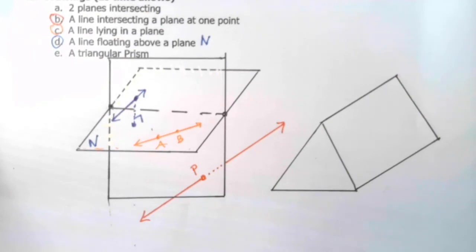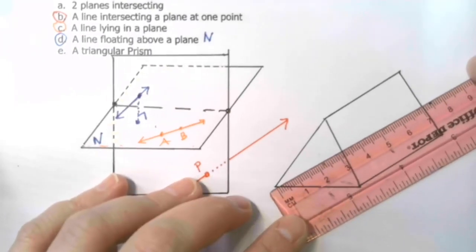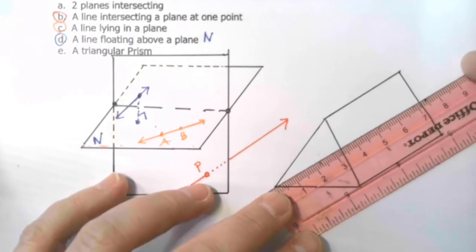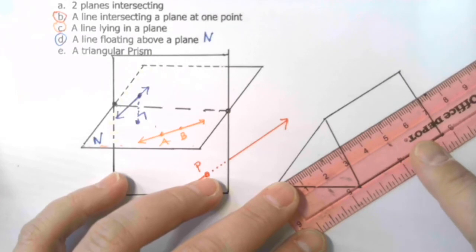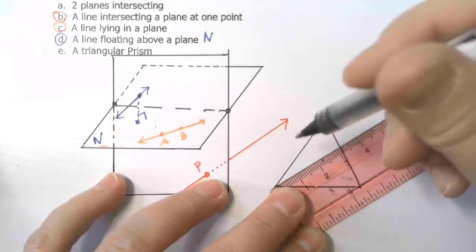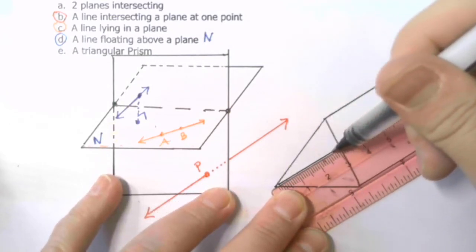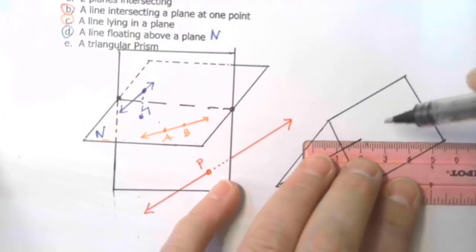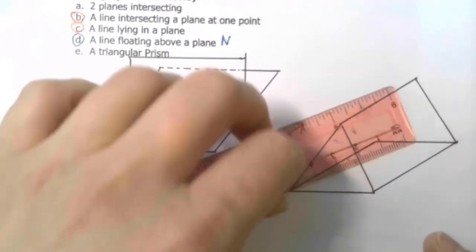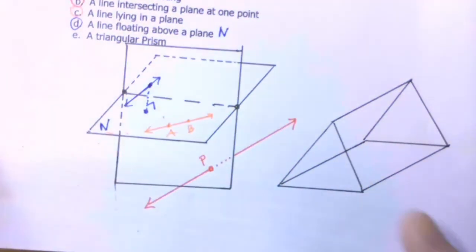Now, to draw this geometrically, you have to draw all parts of the prism, including the pieces you don't see. So I'm going to draw the third invisible side, the one that's tucked under the bottom of it. Again, make sure it's parallel. See how I'm lining up my ruler with this line right here to make sure what I'm drawing is parallel. And I'm going to put that a little bit under. I'm going to draw 4 centimeters. And if you've done it correctly, when you connect to the other base, it should look just like the front